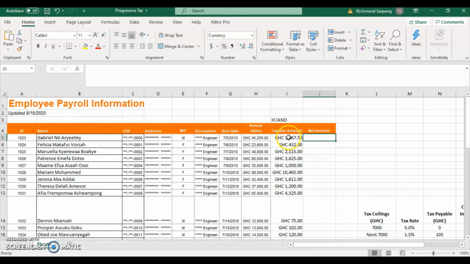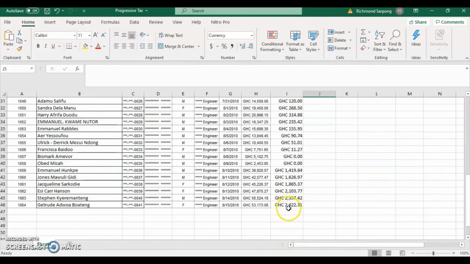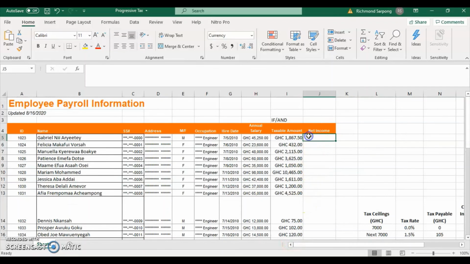So I would have to deduct this from that, and this is what the person takes home from the annual salary. We do the H5 minus, this is a simple calculation, so I don't need so much. H5 minus